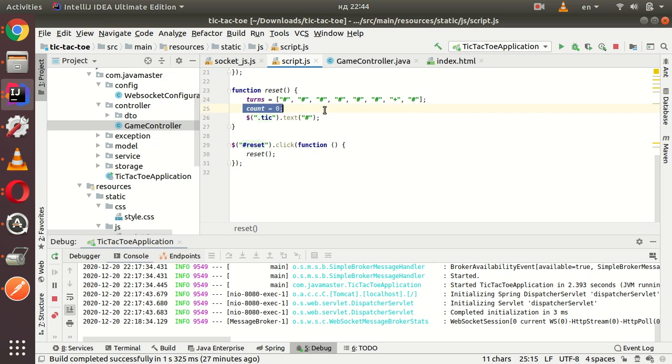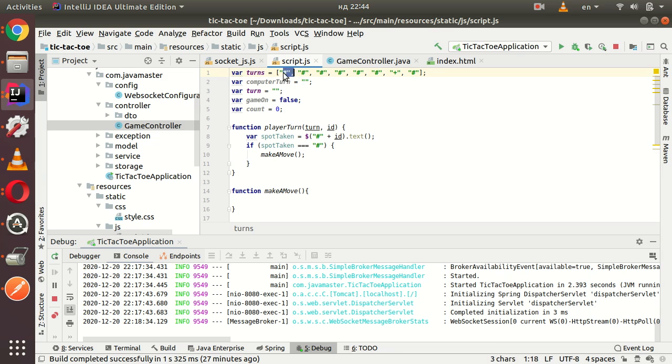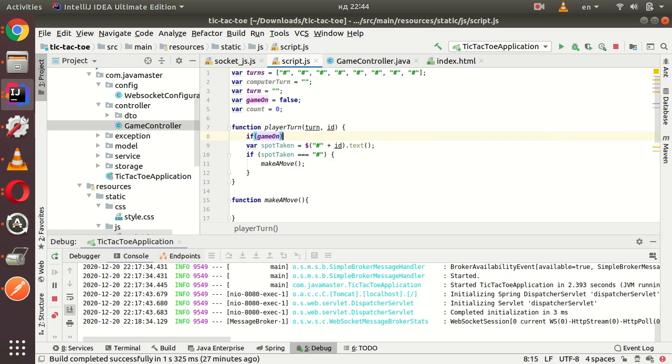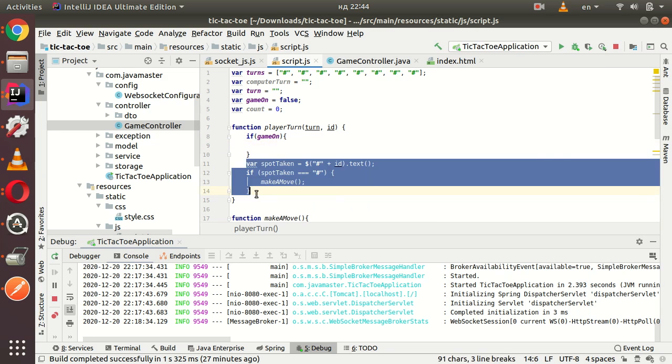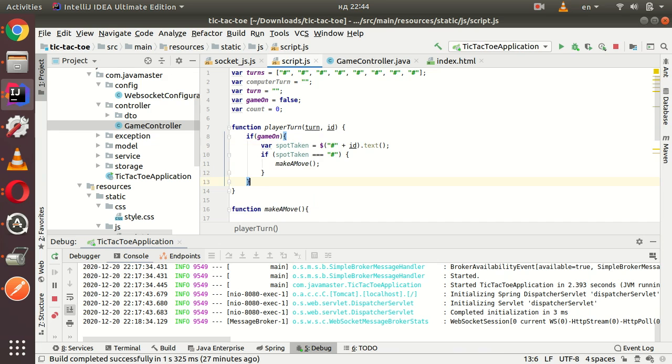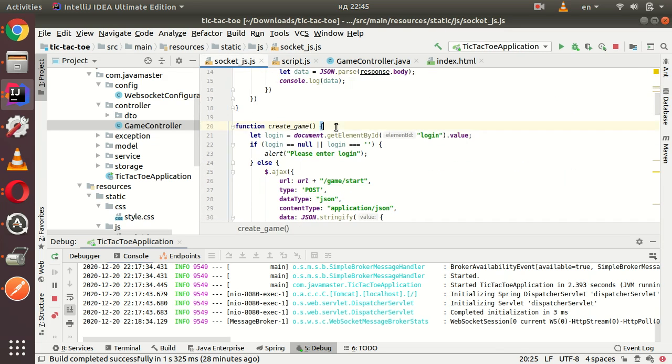and we don't need this count anymore. Our turns is just an array which stores these grid signs. Yeah, we need to place grid here as well. So if game is on, then player can make a move. Otherwise, player should wait until his opponent makes a move. Yeah, and at which moment of time are we going to make this game on as true? As you remember, guys, we created, when we create a game,